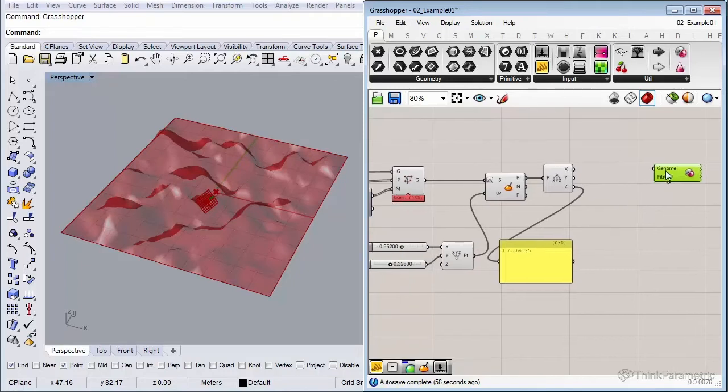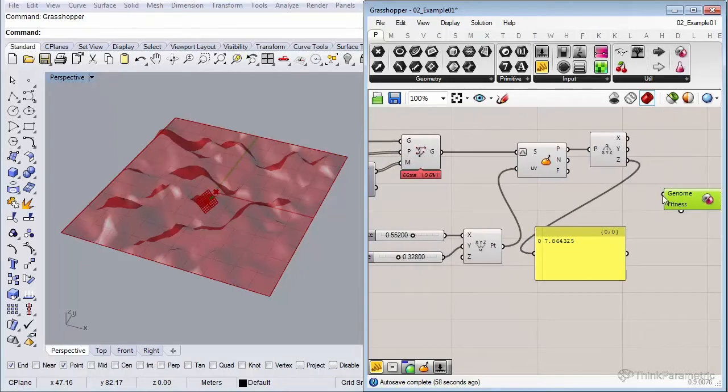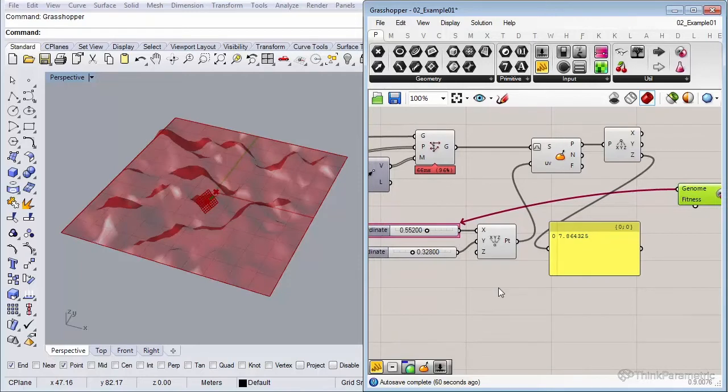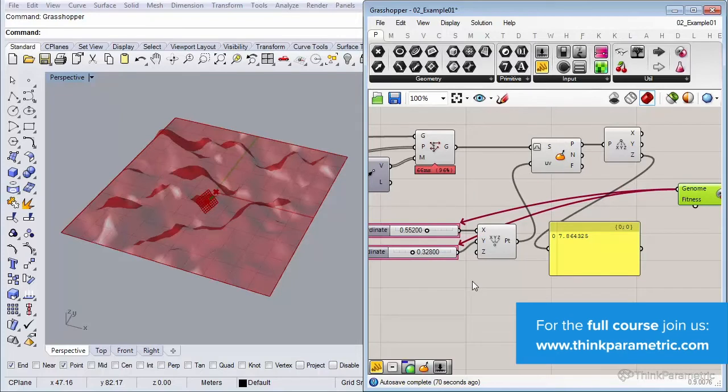You can drag from the genome to your slider and it will snap to the specific slider, and simply release it. Now you see that one of the sliders got connected. To connect the other slider, simply hold your Shift key, drag and connect again. Now both sliders are connected.